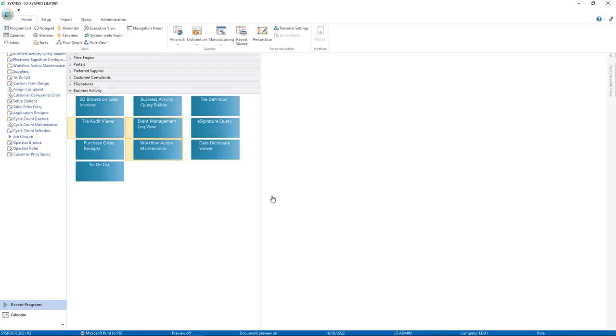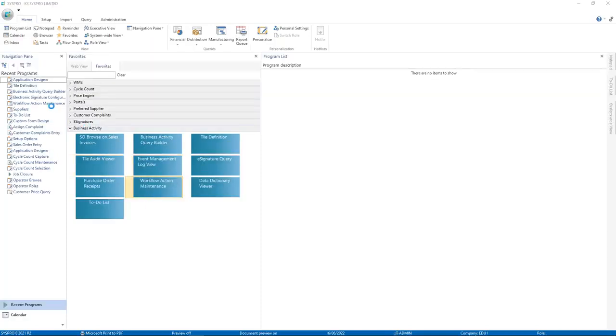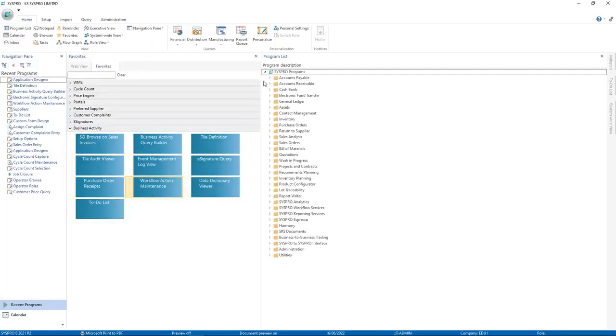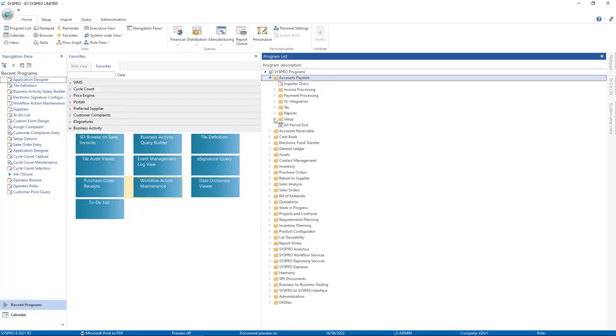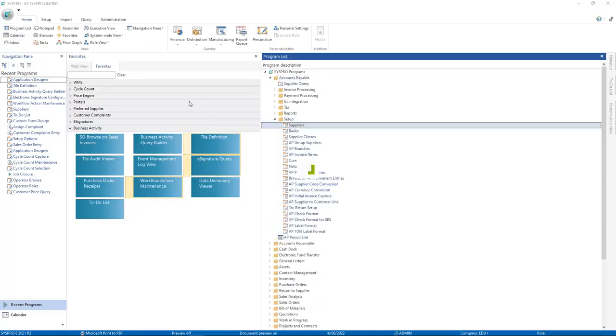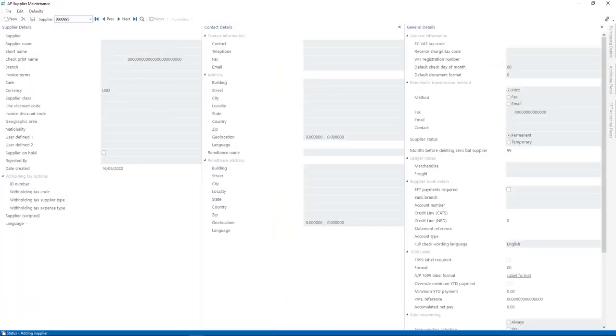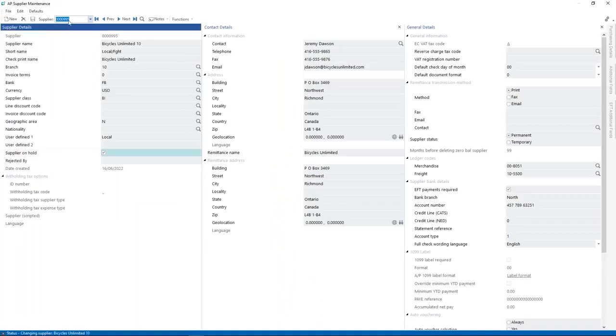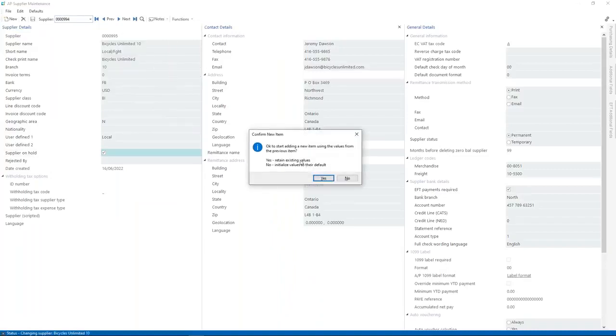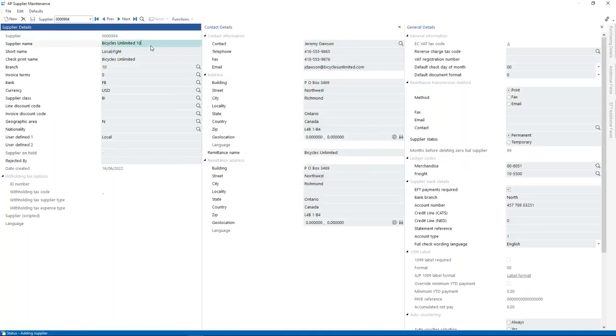Okay, and I will now need to go back through my process of adding a new supplier to trigger it. So again, I'm going to set up new supplier. I'm going to use my cheat that I showed you before. I'm going to do the 994, retain existing values, change the name slightly. And you can see on hold, if I hit save,